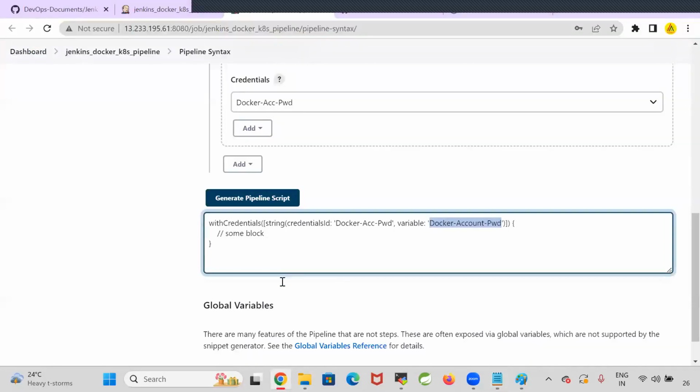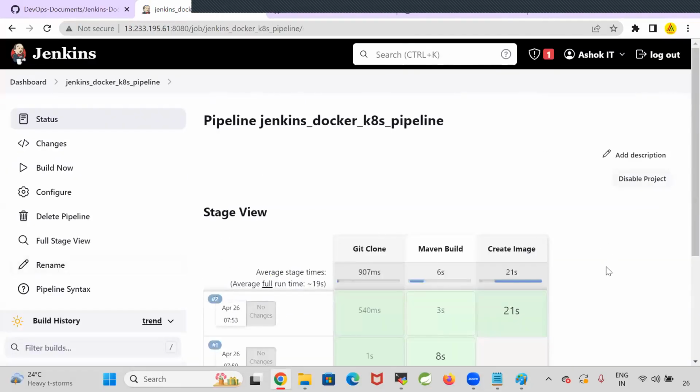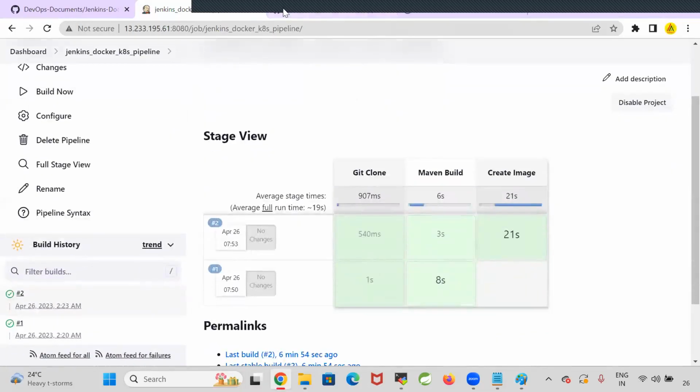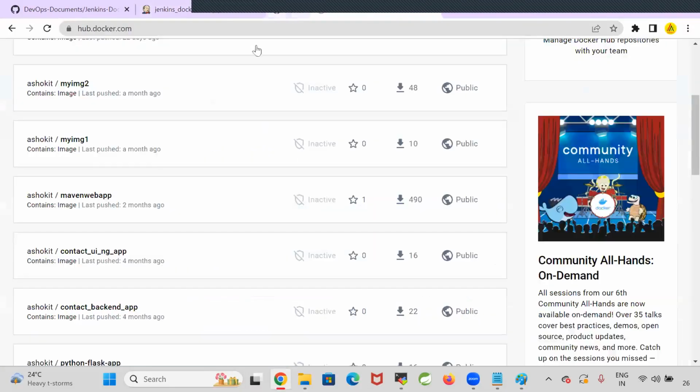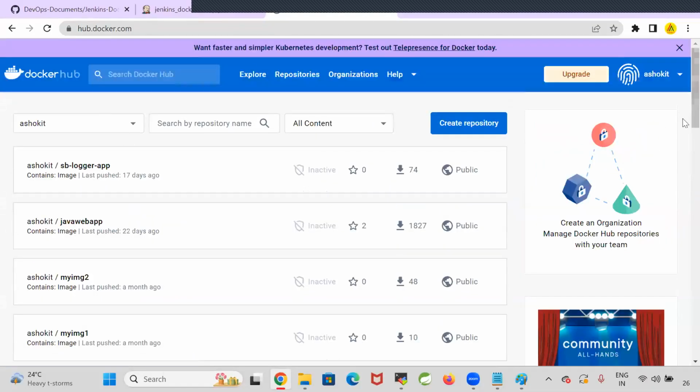Okay, let us verify whether this push is working as expected or not. Apply, save. So in my job, 4 stages are available. One is git clone, second is Maven build, third is creating the image, and fourth is pushing to Docker Hub. Now go to Docker Hub and verify. The Maven web app image was pushed 2 months ago. Now if I refresh my Docker Hub account,